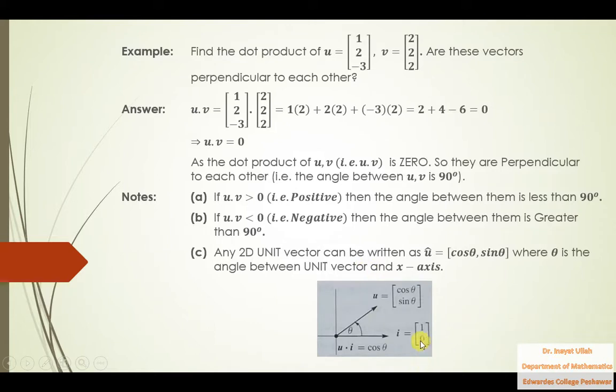This 0 is actually sine theta, and theta in this sense is 0, so that will be sine 0, and we know that sine 0 is 0. So that is the idea for a unit vector when the angle between the x-axis and a unit vector is given to you. So that is the second slide, and the third slide